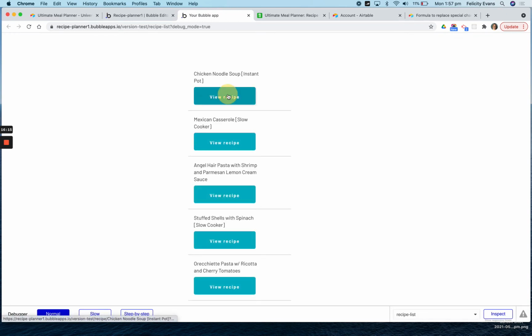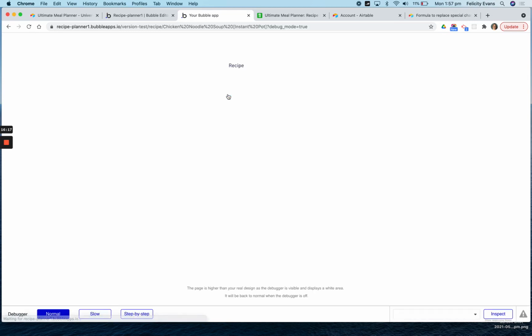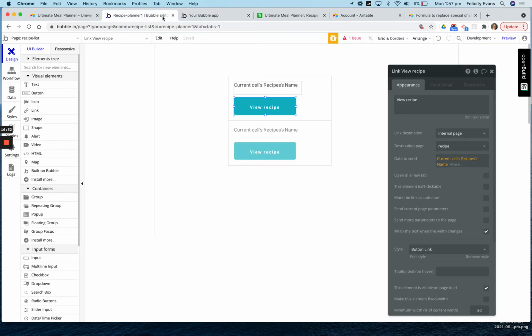And let's view that recipe. You can see it's passed through the name here in the parameter. But I don't like this. This is going to cause us some problems here. We're going to have to escape all those characters. So we are going to go back